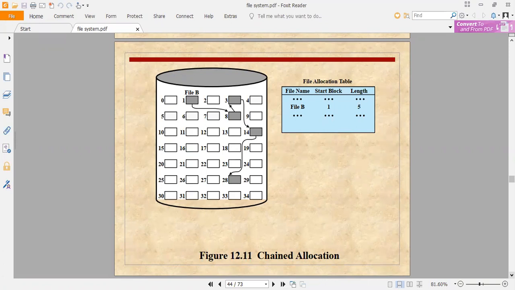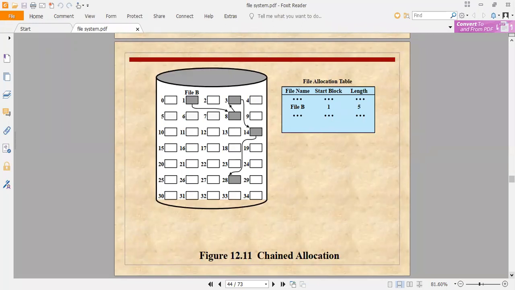Each block contains a pointer to the next block in the chain. These pointers are not made available to the user. The file allocation table needs just a single entry for each file, showing the starting block and the length of the file, and there is no external fragmentation with this kind of allocation.